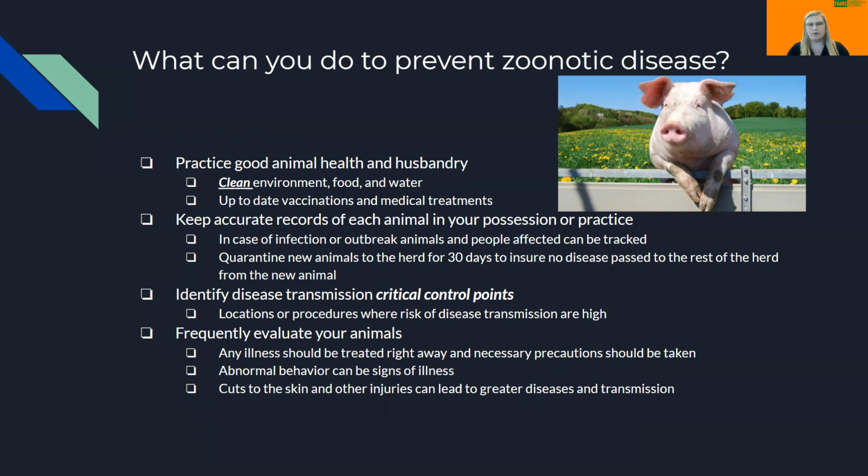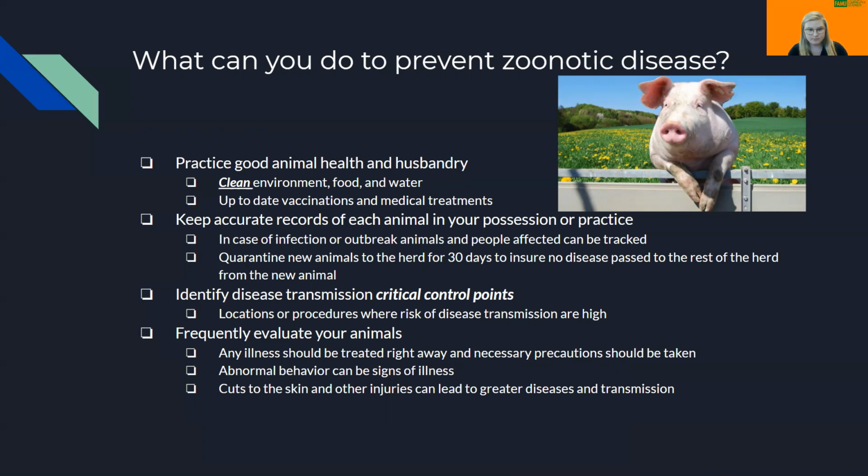So say I went and worked with pigs in Georgia and then I came back and said, oh, I'm not feeling good and I think I've got a disease. Then the doctor can ask, where did you get this disease from? And I said, well, I worked in Georgia with some pigs. They can go to that farm in Georgia